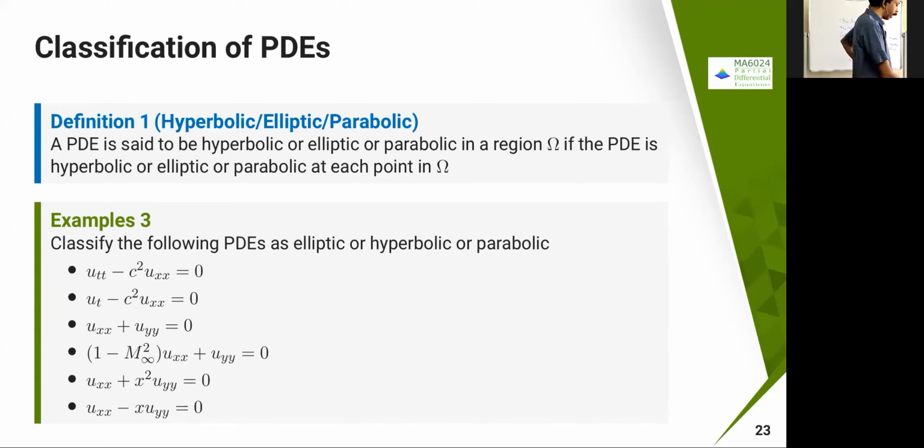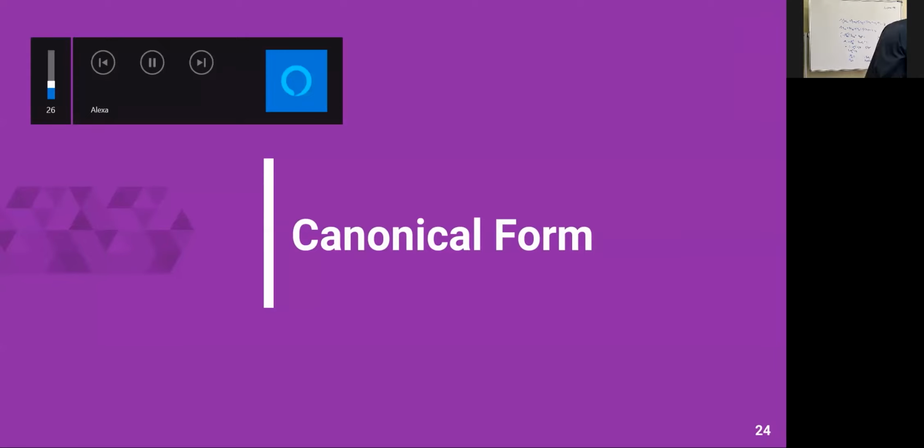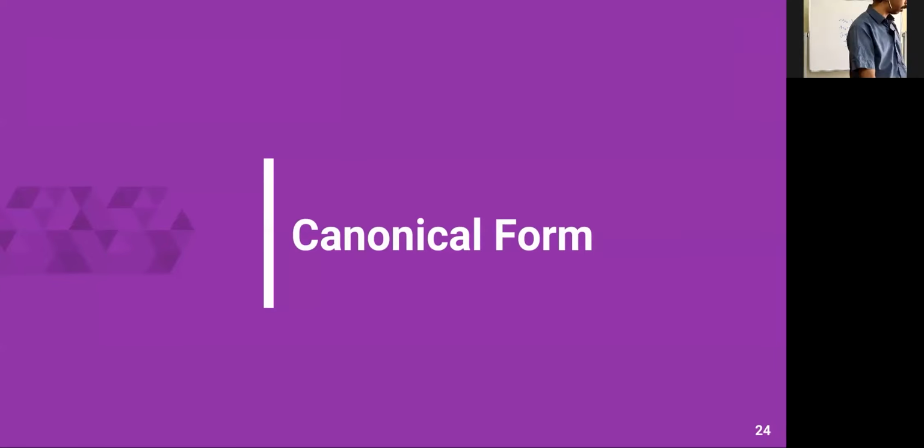So these are the equations. Mostly you will get similar kinds of equations. At least one question will come of this type. In the CSIR exam, they will give one of these equations with some expression, and you need to find b square minus 4ac, then find in which region it is elliptic and in which region it is parabolic. So you can get the corresponding marks. Any questions? We'll see the canonical form in the next class: how to transform and then how to solve the problems, at least these three problems.